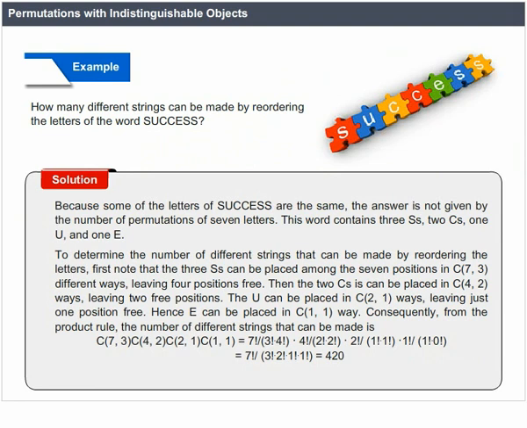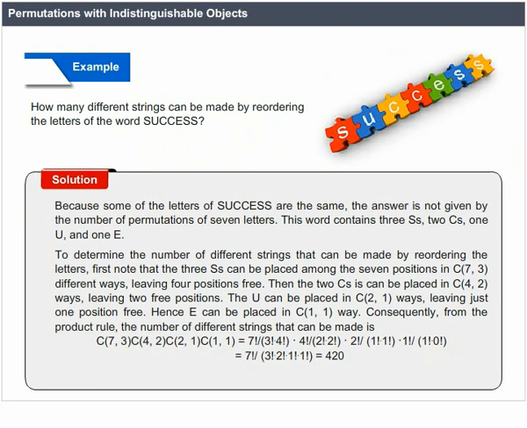To determine the number of different strings that can be made by reordering the letters, first note that the 3 S's can be placed among the 7 positions in C(7,3) different ways, leaving 4 positions free. Then the 2 C's can be placed in C(4,2) ways, leaving 2 free positions. The U can be placed in C(2,1) ways, leaving just 1 position free. Hence, E can be placed in C(1,1) ways. Consequently, from the product rule, the number of different strings that can be made is C(7,3) C(4,2) C(2,1) C(1,1) =